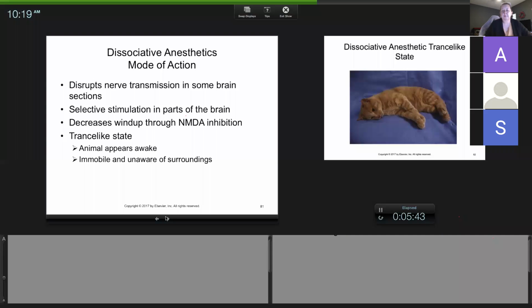The way I think about it is it does inhibit windup, which is this pain response. When they feel pain and we don't treat it, it continues to modulate and increase, and it's called windup. So Tilazol or any of the dissociatives or ketamine disrupts that. The way I think of it is like they know potentially something's happening, they can't quite formulate a proper response to it. They look like they're in a trance and they look like they're awake, but they are immobile and aware of